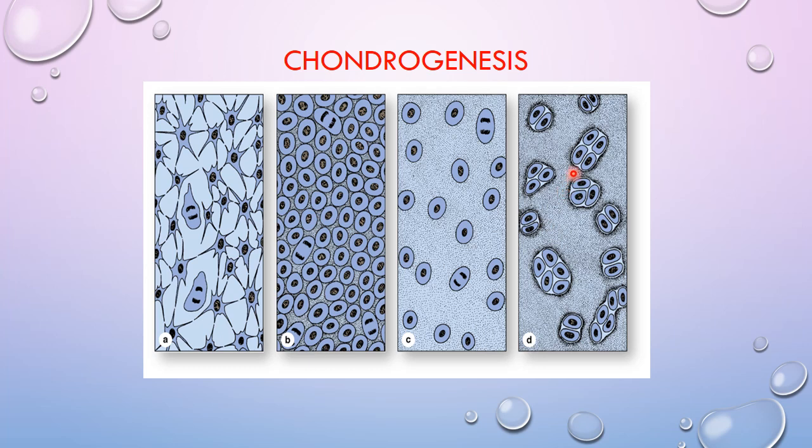The dense collagen fibers or the perichondrium is also derived from the mesenchymal cells. The fibroblast cells of the dense connective tissue are also derived from the mesenchymal cells and they will form the perichondrium at the periphery. Now, the cartilage will grow both by the process of interstitial growth and the appositional growth. The interstitial growth is the linear growth, and the appositional growth is the growth in the width.